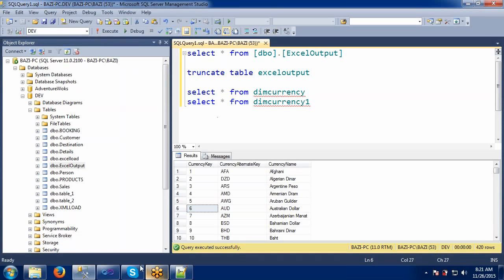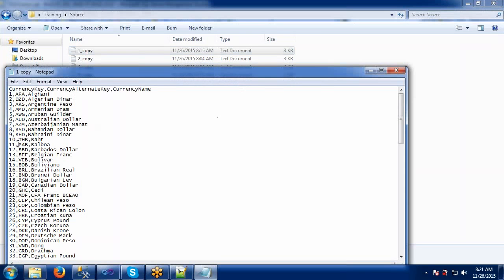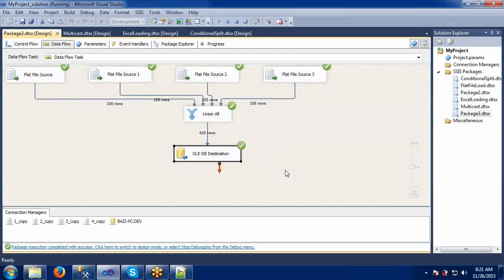Let's say in my input here the data is in proper order, and here it is not in proper order, it will still load. Why? Because the condition is that the columns should match, the data can be in any order, like 1, and after 9 the next 10th record, then again 2. Okay, the condition is that columns should match. So this is how we can do the union all.